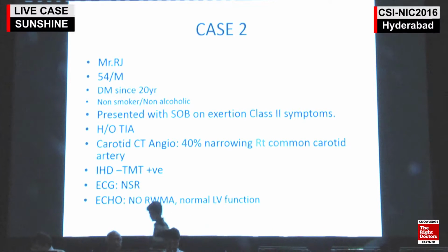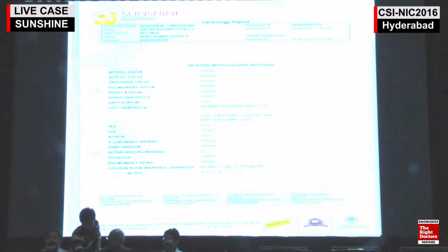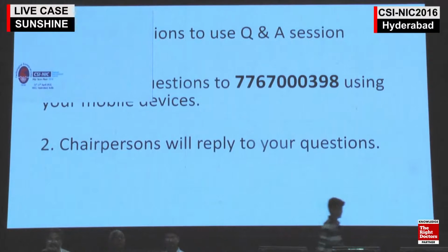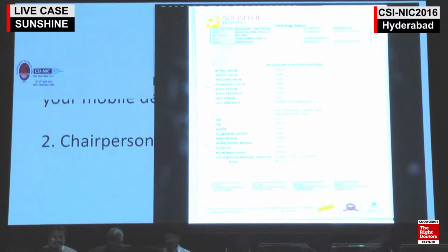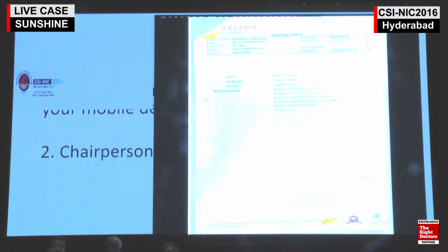LED bifurcation lesion, Medina 111, and there is a long lesion involving the right coronary. Two days back we did the right coronary alpine stenting, a long stenting, using a guide catheter. Today we are doing the LED bifurcation, that is Medina 111. Already we will show some views of what we have done.